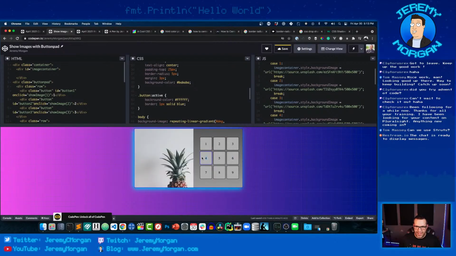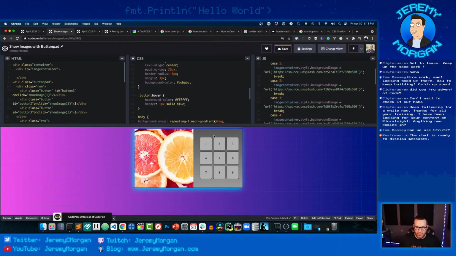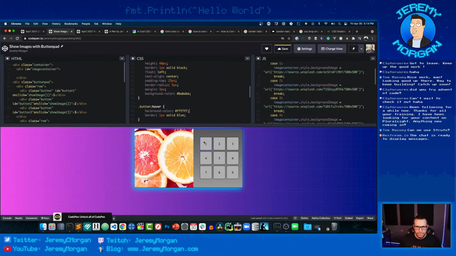As you can see, when it's active, when I'm clicking it, it changes the border. Let's see, hover. So I'm not sure why it isn't changing the background color. I feel like it should be. It's changing the border. But I don't understand pseudo elements really well, so